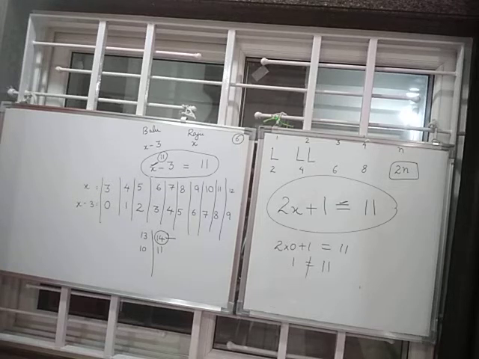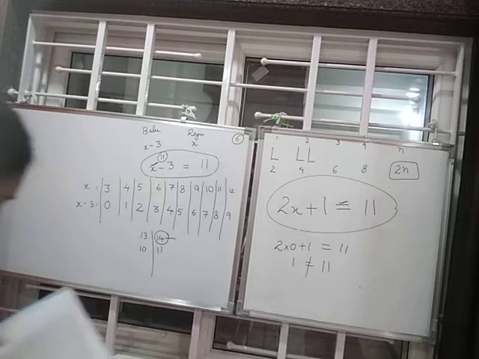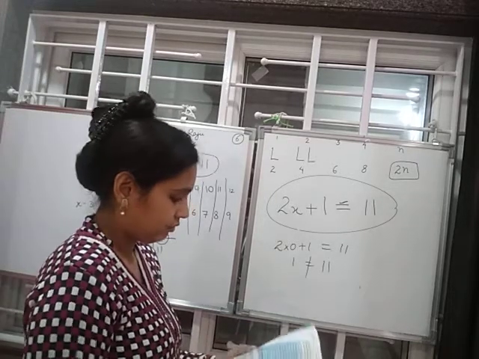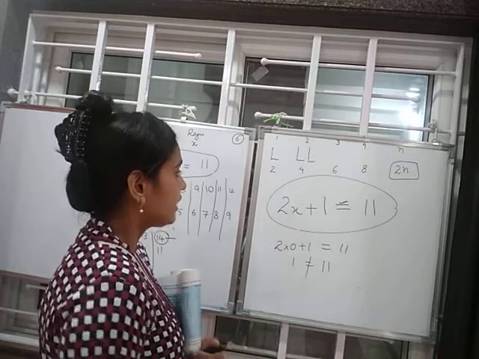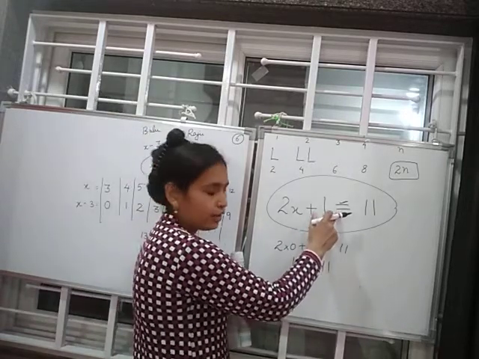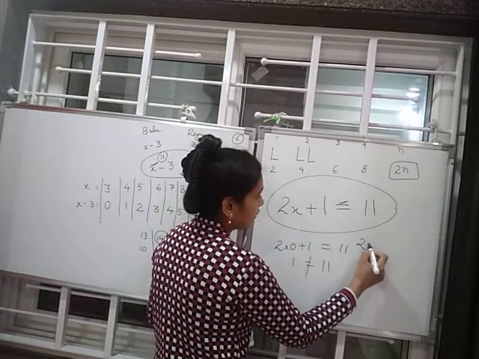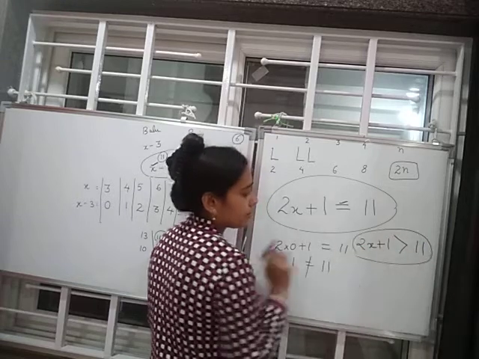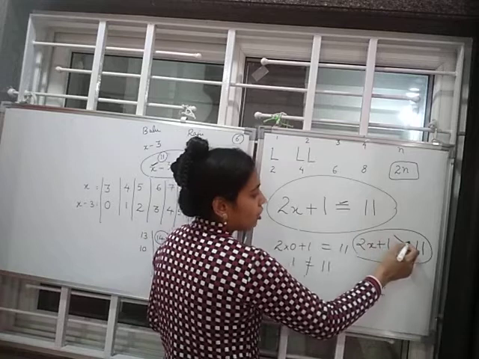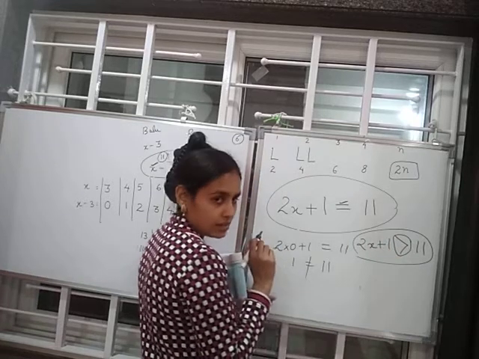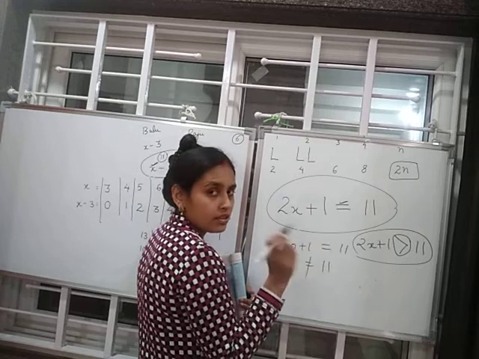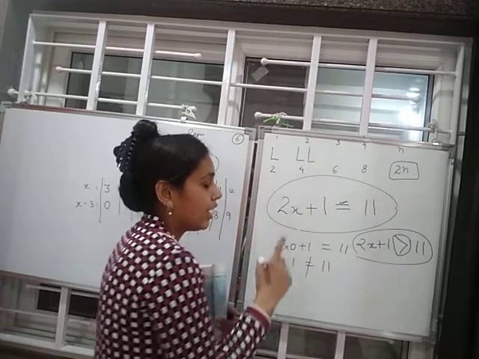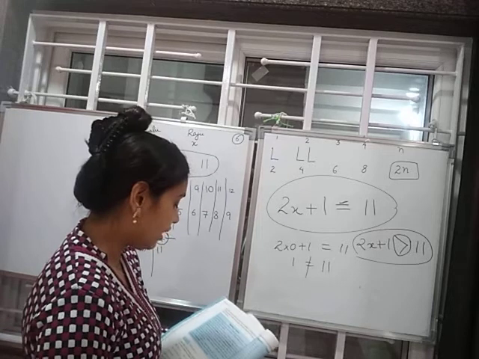Let me turn the page and check what else is there. Yes, there is a solution. One more thing I would like to tell you all. I said an equation has an equal to sign. So suppose we write like this, then is this an equation? No. Why? Because this is a greater than sign or smaller than sign. Okay. This is not an equal to sign. So remember, an equation always has an equal to sign.